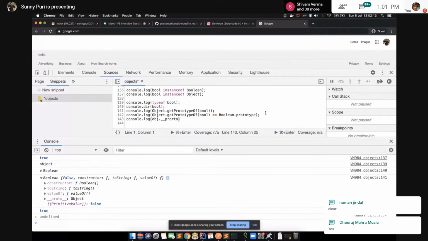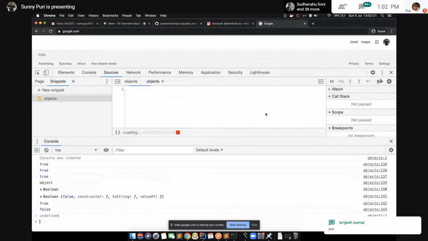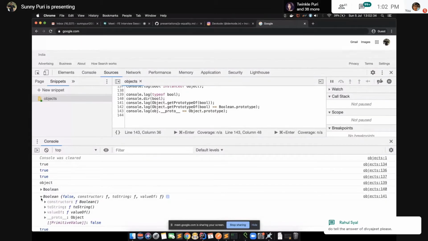In simple language, this is equal to Boolean.prototype, because Boolean refers to its object.